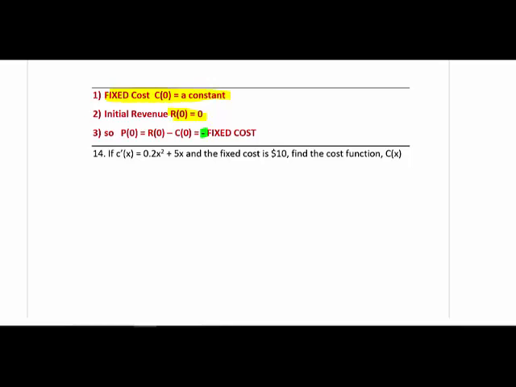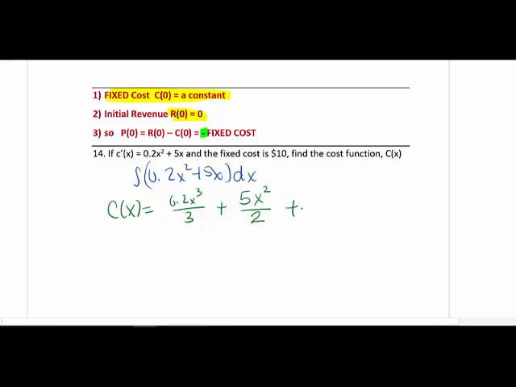So we're going to read number 14. We have the derivative of a cost function, and we have the fixed cost, so find the function. So we're going to start off by integrating with respect to x. So c of x is equal to, again, add 1 to your exponent, divide by the new exponent. Add 1 to your exponent, divide by that new exponent. We always have a plus c starting off, but because my fixed costs are told to me as being $10,